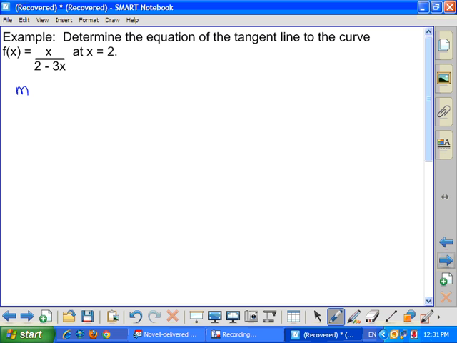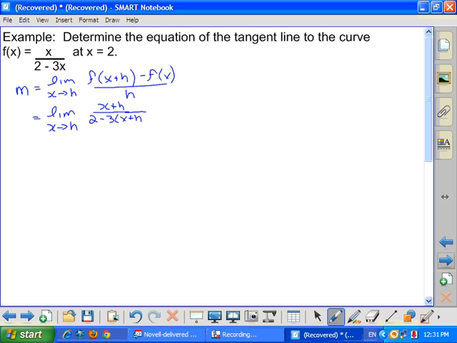So this time we want the equation of the tangent, but we still need the slope. So the limit as x approaches h for f of x plus h minus f of x over h. Now that function, the fraction is going to be x plus h on top over 2 minus 3 times x plus h, minus x over 2 minus 3x. That's all over h. So there's going to be some people in here that are starting to panic a little bit,